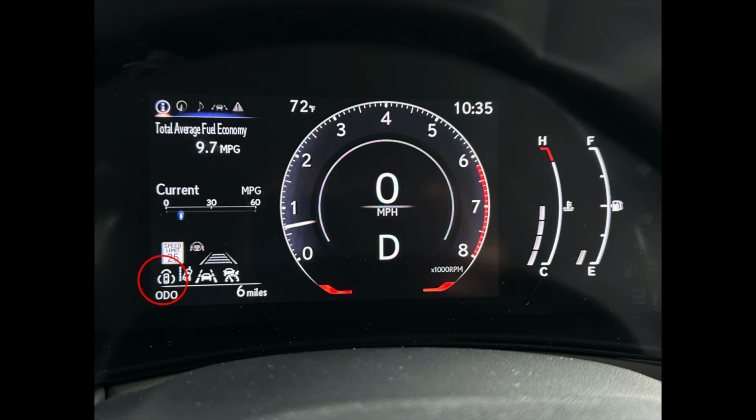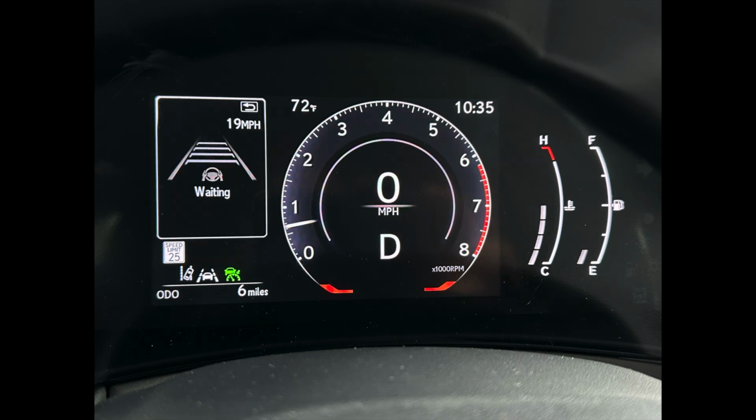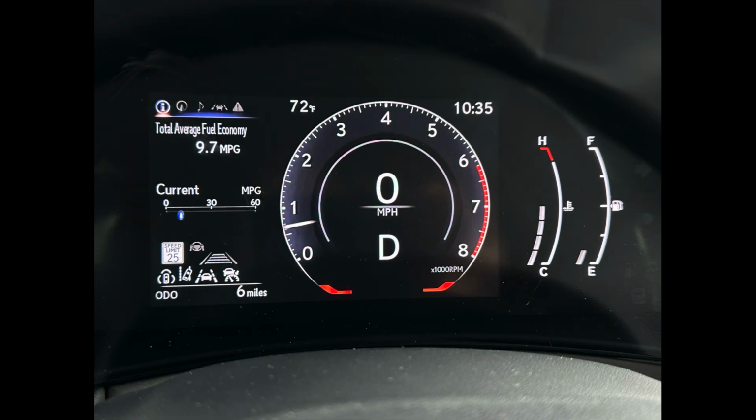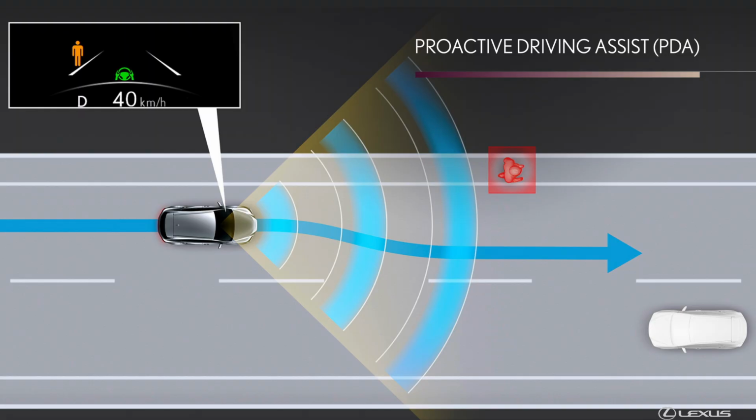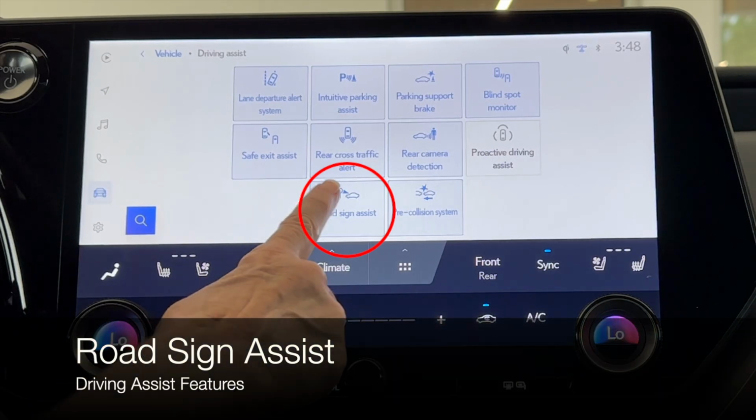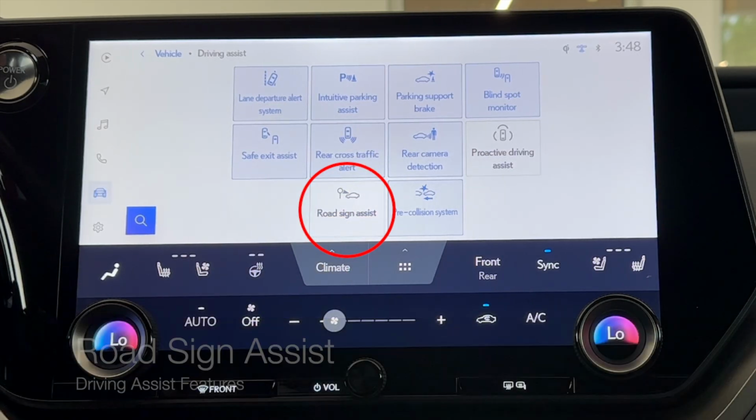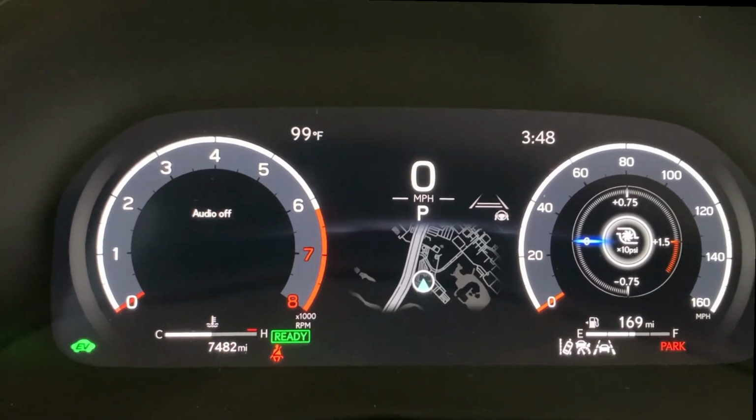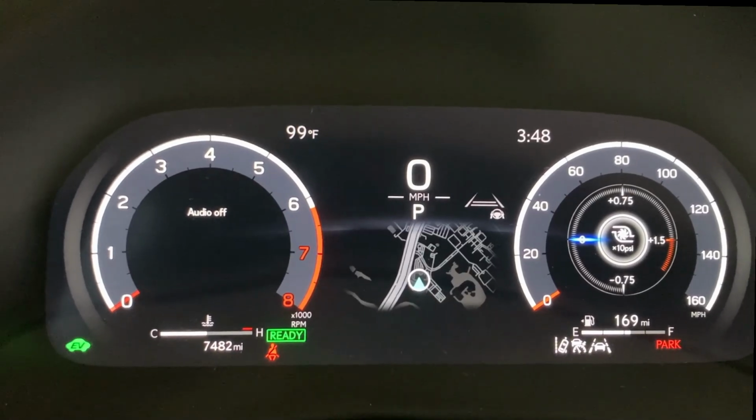You'll also notice the proactive driving assist icon turn off when cruise control is turned on, because with dynamic cruise control, you are establishing your own following distance. When cruise control is turned off and proactive driving assist is turned on, it's going to maintain its own little buffer zone. Road sign assist, when that feature is off, you don't actually see any kind of message come up